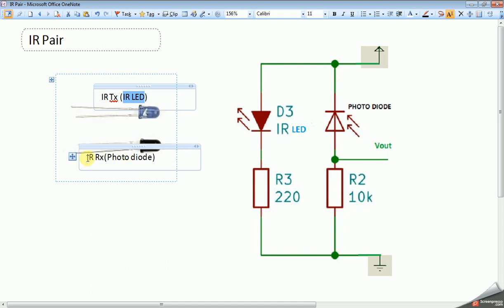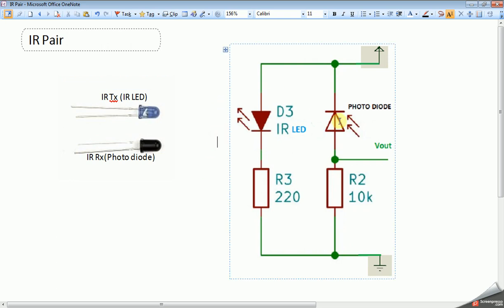And there is an IR receiver, which we call a photodiode. It is used to receive infrared signals. It works like a diode: whenever there are infrared rays on it, the diode will switch on, otherwise the diode will be in the off position. In real life it looks like this. The IR LED looks white and the photodiode looks like a black LED, as shown here.